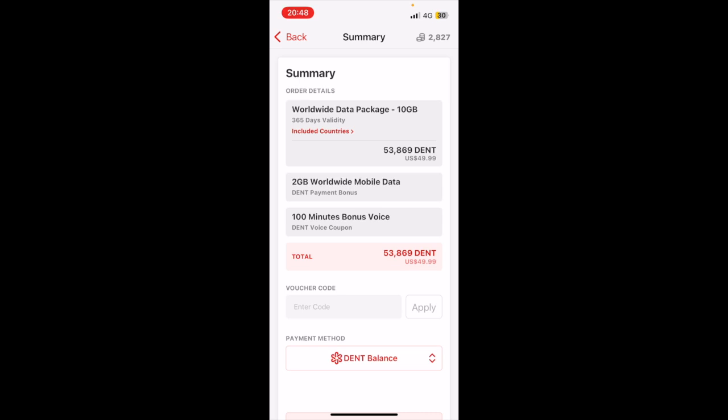So when I say 10 GB costs $50, it's close to $5 per GB. So if you apply 2 extra GB of data, that means you instantly get your data price knocked down to $40, basically. On average, for 12 GB, you'll now be paying only $40. And if you include the 100 voice minutes, which cost like $1.87, that brings the total cost down to close to $38, which is